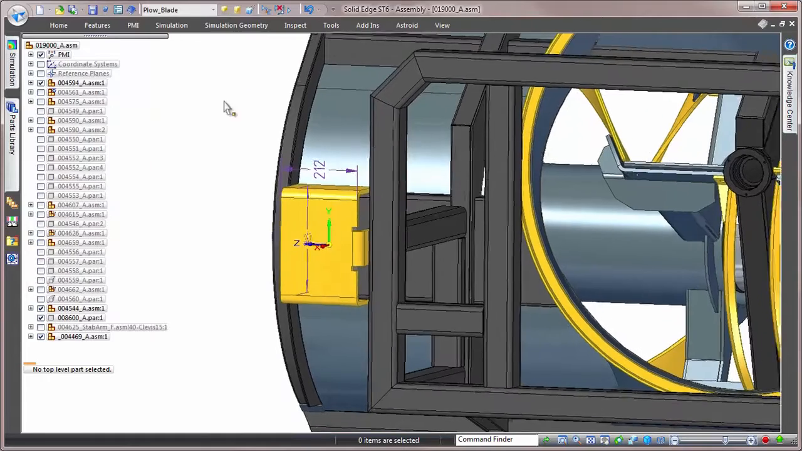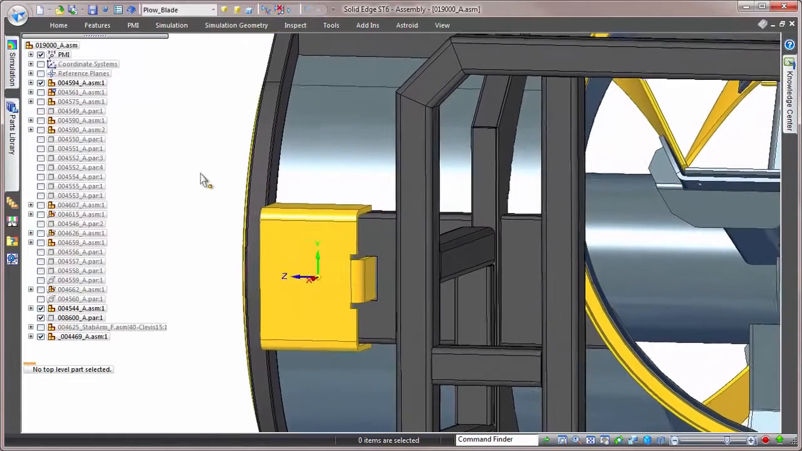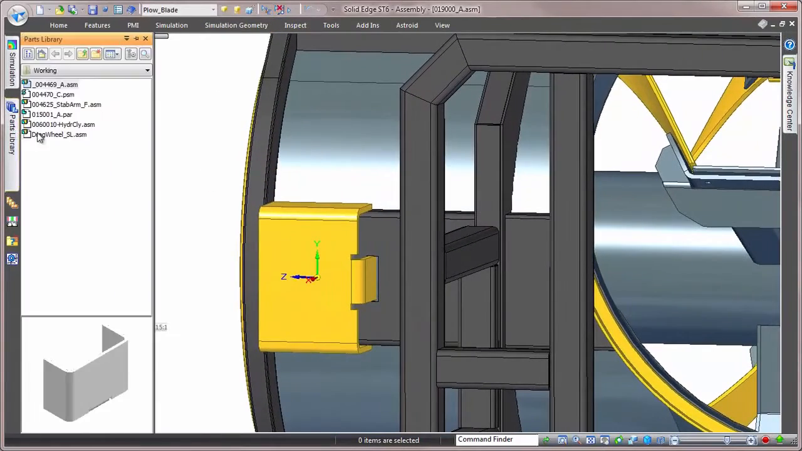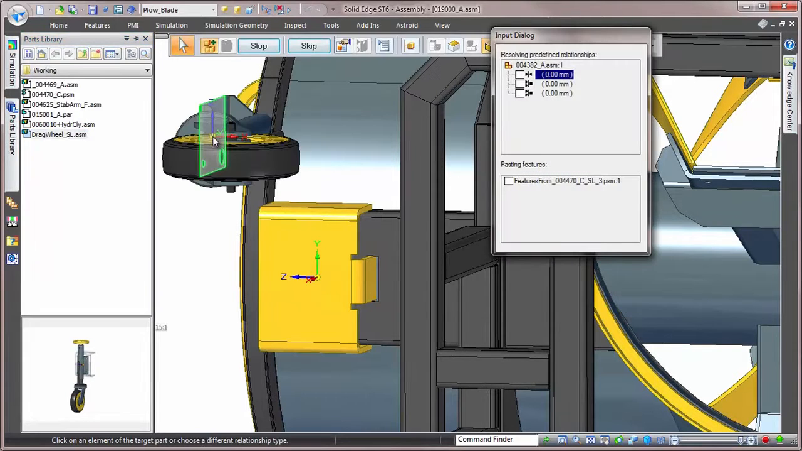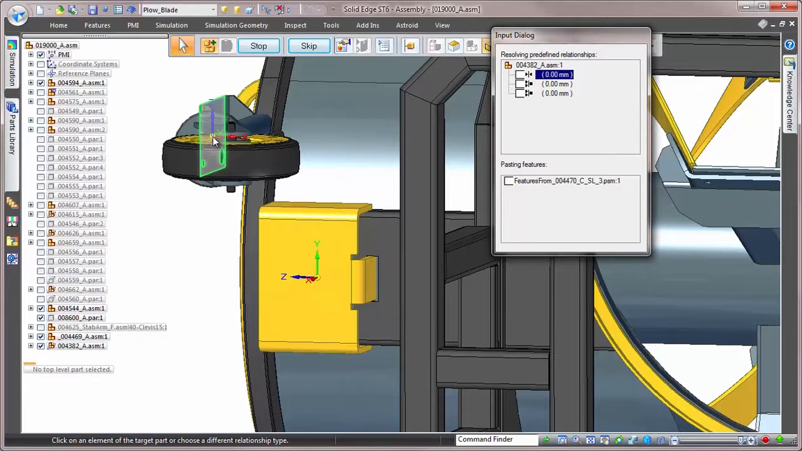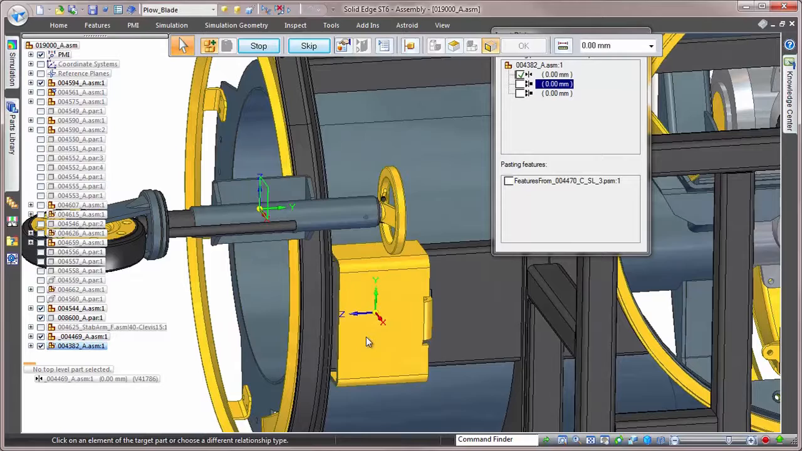Another great tool in Solid Edge is what we refer to as a system library. A system library describes the ability of designers to save a system of associated features to be placed when bringing in parts. Notice that as we bring in the drag wheel, there are no mounting features present on the bracket